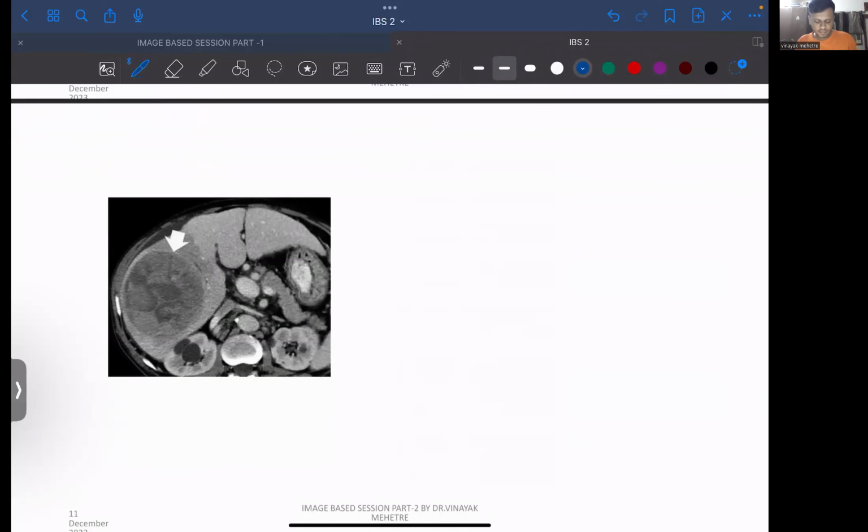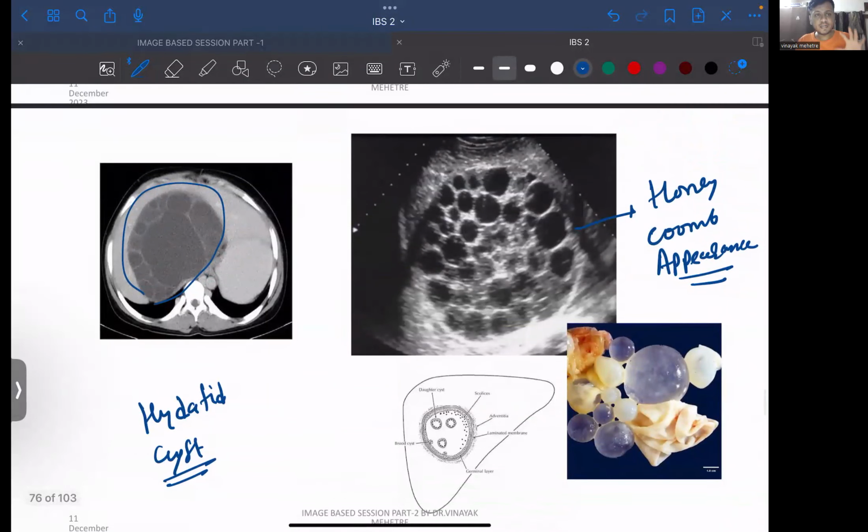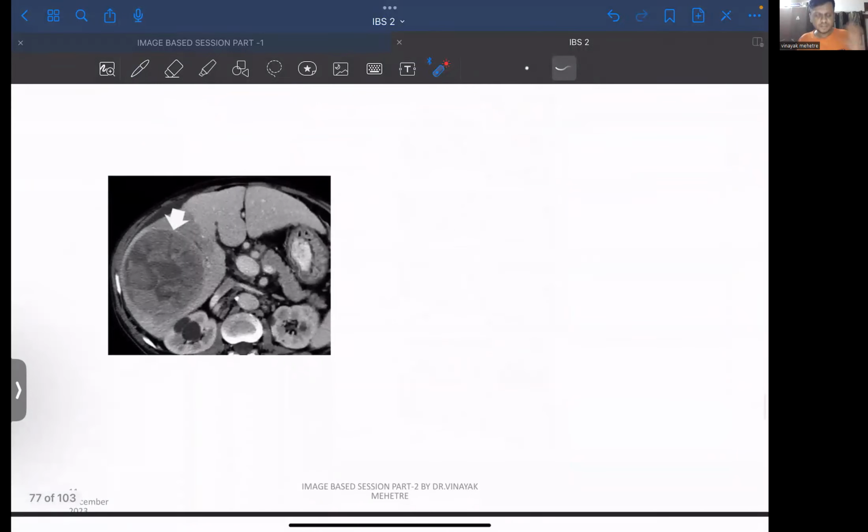See, if well-defined borders, बॉर्डर तुम्हें क्लियरली दिख रहा है, whitish lines which are there, you are able to appreciate it clearly, that means it is hydatid cyst. Take a look over here,